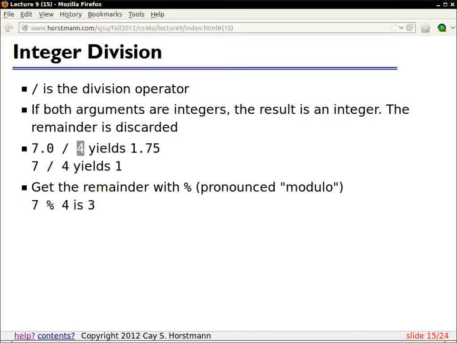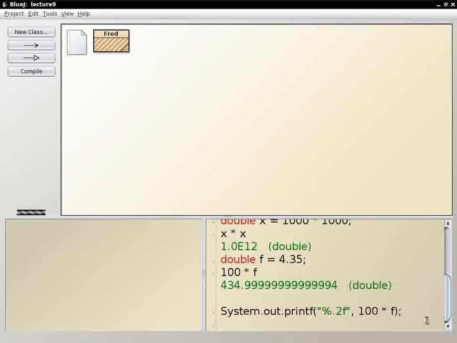On the other hand, if both of them are integers, then it does something less happy. Then it says, well, they're both integers, so I want the result also to be an integer. I'm just going to throw away the remainder. And so 7 over 4, for example, it'll say that's 1. You know, we would expect it to be 1.75, but it's just going to say 1.